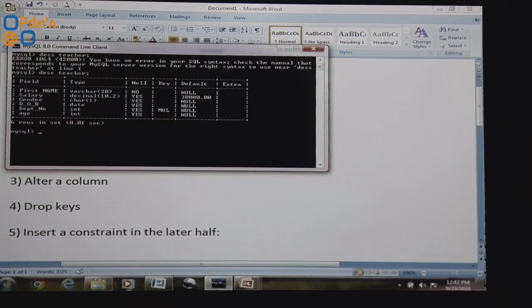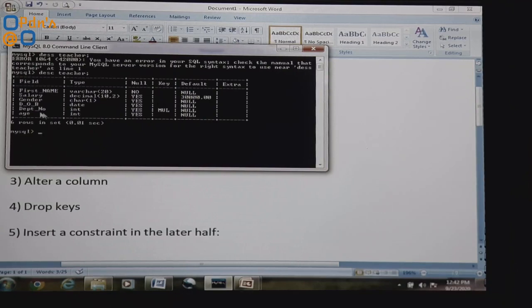Okay, so we need to drop here. A primary key has not been declared inside our relation, so we are not concerned with deleting the primary key. Instead, we will remove the foreign key using the alter table command.